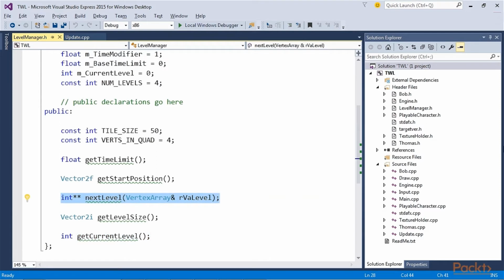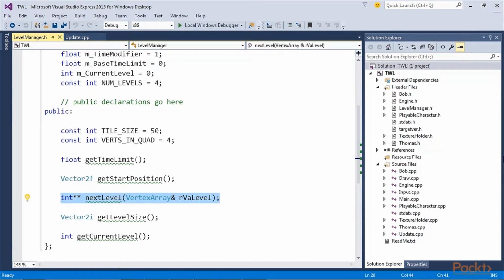A function that deserves a closer look is nextLevel. This function receives a vertex array reference, just like we used in the Zombie Arena game. The function can then work on the vertex array, and all the changes will be present in the vertex array from the calling code. The nextLevel function returns a pointer to a pointer, which means we can return an address that is the first segment of a two-dimensional array of int values. We will be building a two-dimensional array of int values that will represent the layout of each level. Of course, these int values will be read from the level design text files.